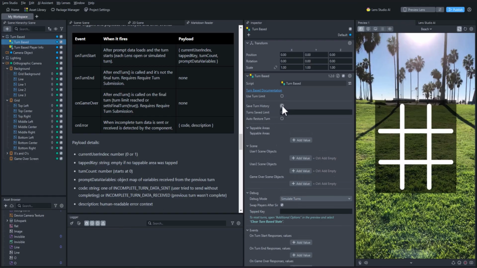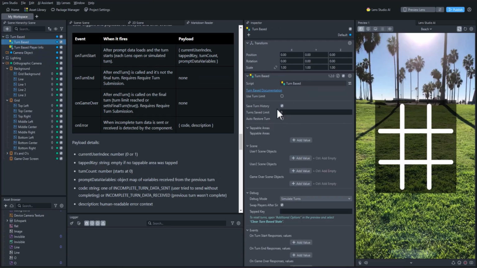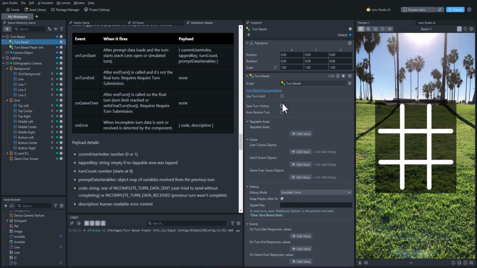There's also the ability to save the turn history for more complex data and logic, as well as the auto restore turn functionality. This helps us build in a kind of anti-cheat measure, so if someone decides they want to reload the lens before finishing their turn for a better outcome, we can save the data between turns and ensure